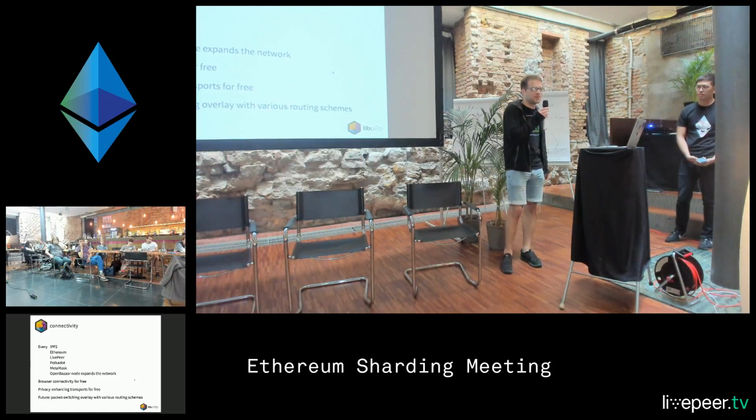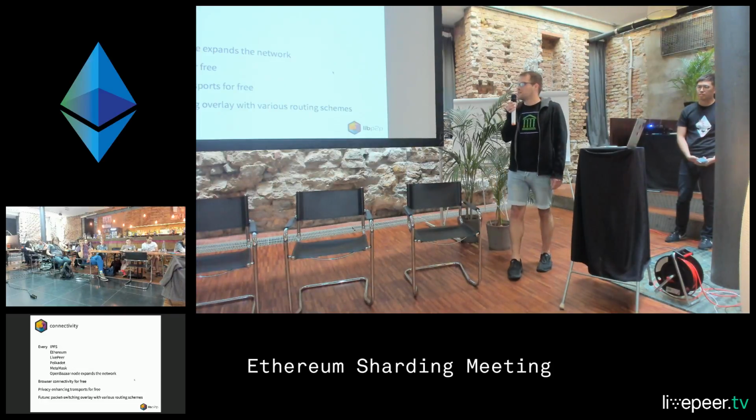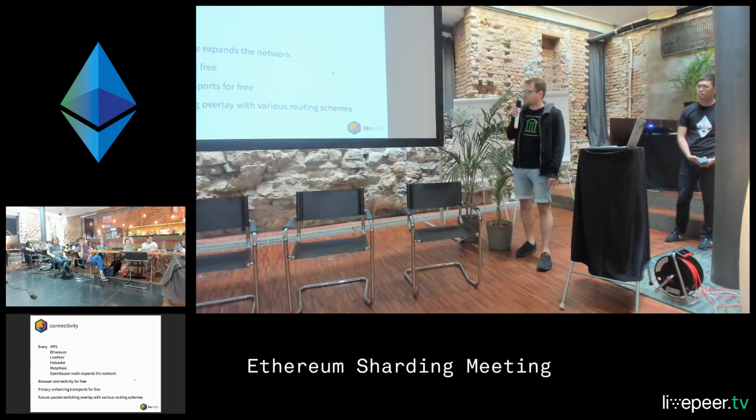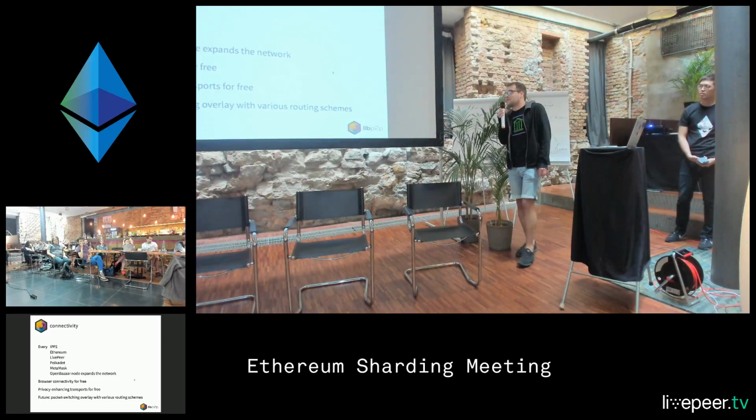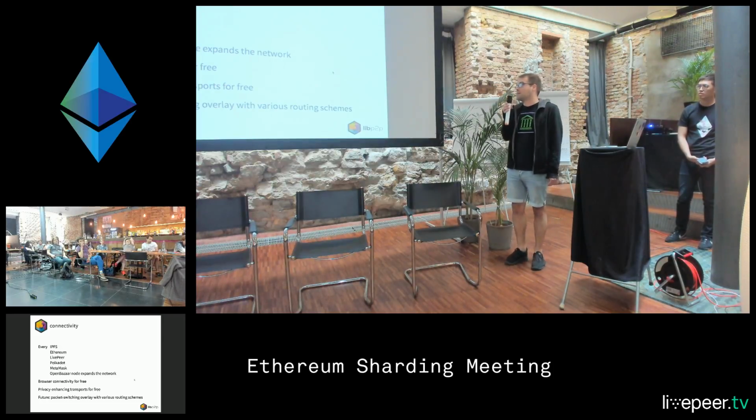The DHT is strengthened not just by Ethereum nodes, for example, but by all nodes out there that use libp2p. You get connectivity in web browsers for free, NAT busting, all that. You get privacy-enhancing transports for free.